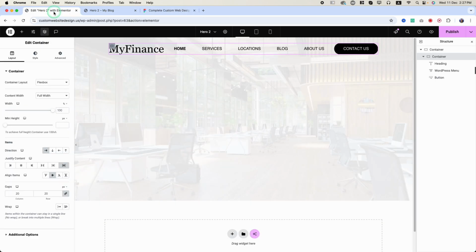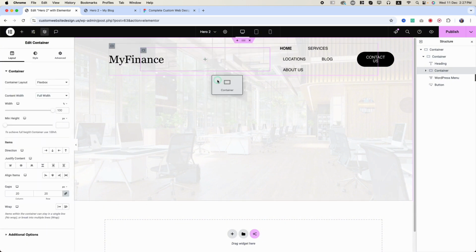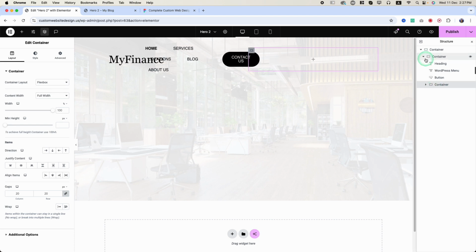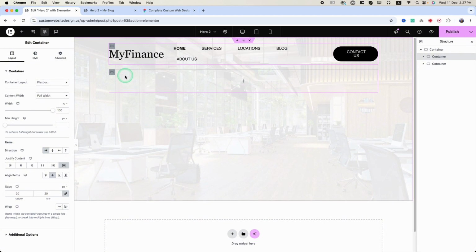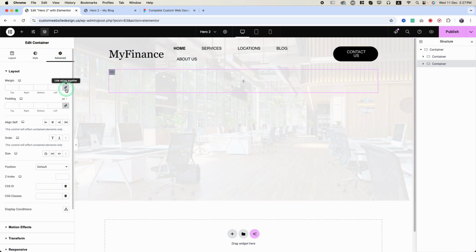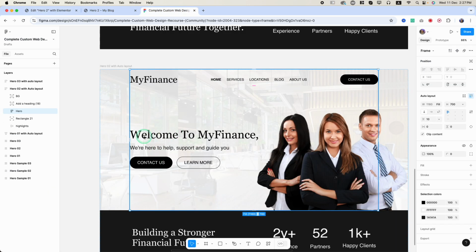To do that, I will add a new container. So let's click here and container, let's add it like this, and then let's put it below here like this, not here. Let's make it like here. Okay, and alright, now it's here. Then I will go to advanced and remove all the design stuff. Also let's make the gap to 0, and first we have to create this headline, sub headline, paragraph and the